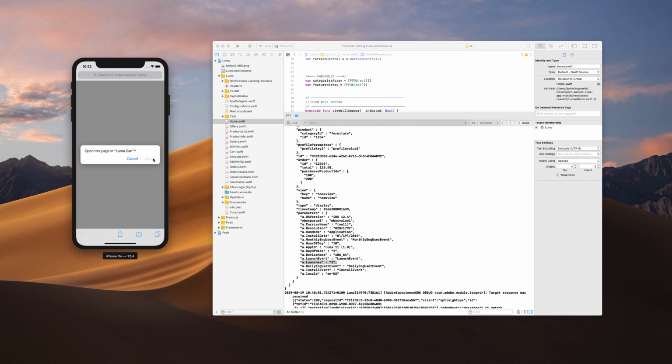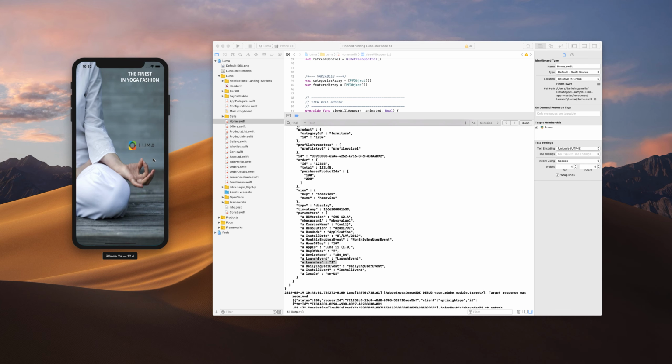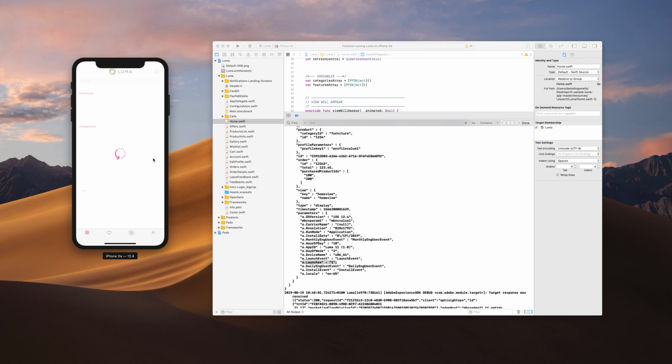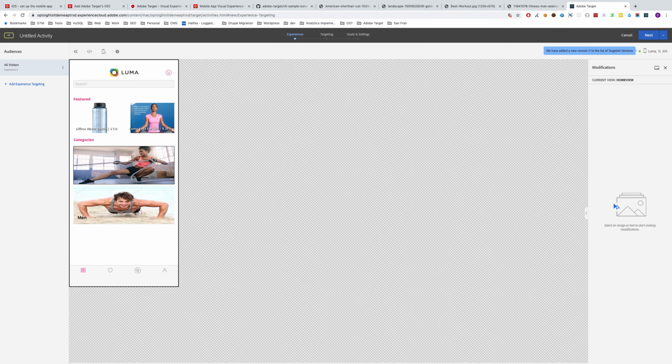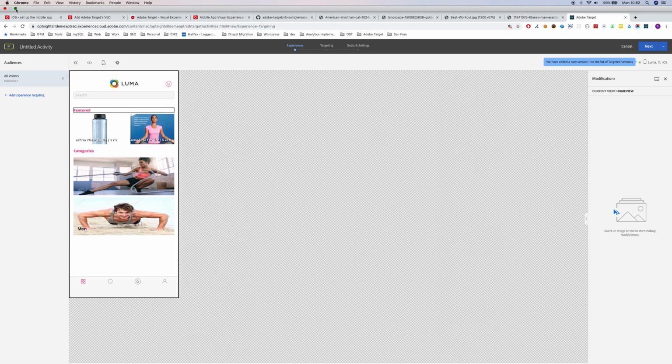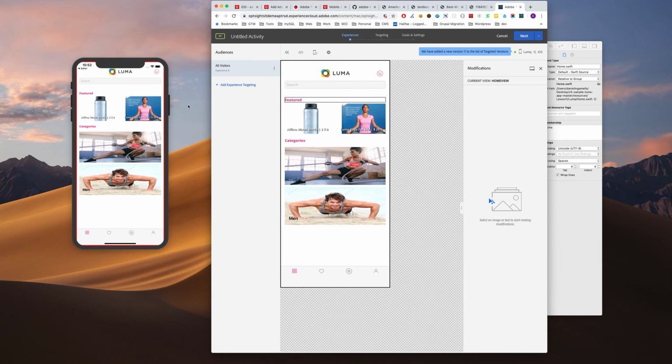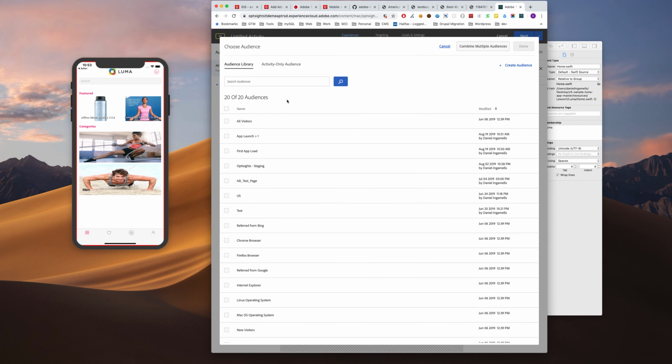Paste the deep link and open the app again. And now we get the app in the Target interface. So what I'm going to do this time is create 2 different experiences. I'm going to create one for our first app launches,